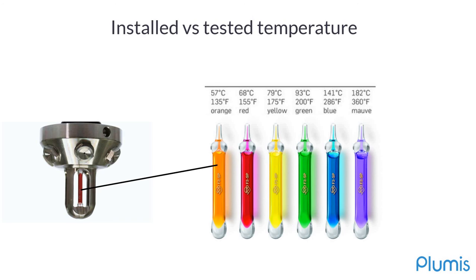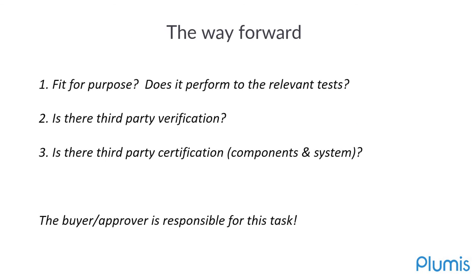So these are two very simple performance requirements that can be observed in the field through simply looking at documentation and observation of an installed system in the field. Just as a summary, what is the way forward? Well, a buyer, a verifier, is responsible to verify whether a system is fit for purpose. Most importantly, this can be done through verifying its compliance, not only accepting a first-party declaration of compliance, but auditing it and scrutinizing it,